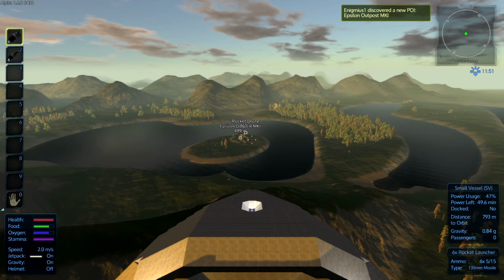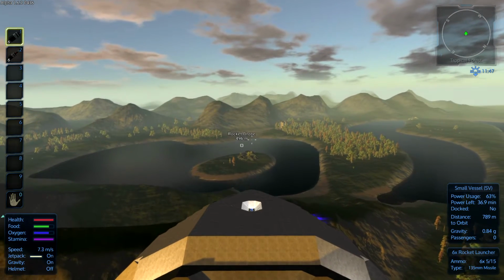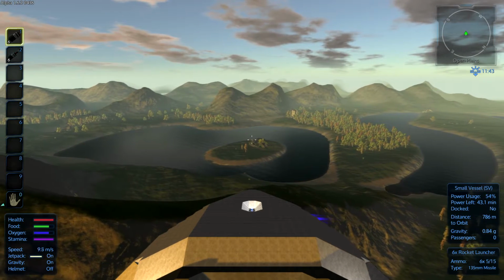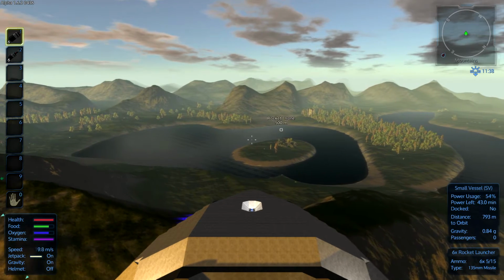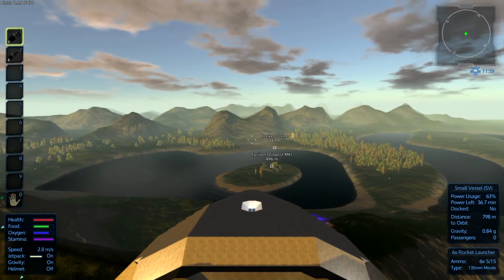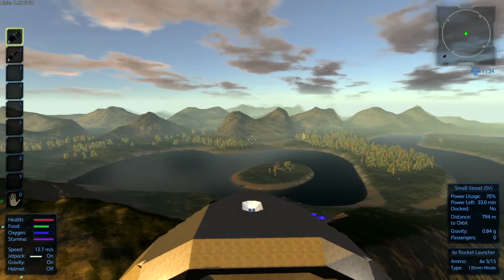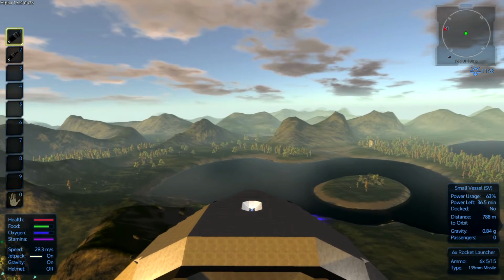Epsilon Outpost Mark 1. So this could be really cool or absolutely terrifying. My money is on terrifying because these outposts are no joke. These things are loaded, they're armed to the teeth and they aren't afraid to use it. And the downside to having so many guns on the front of the ship is that it's an easier target